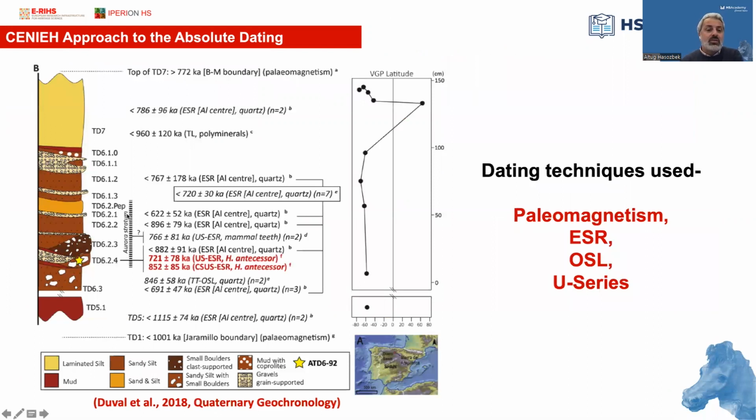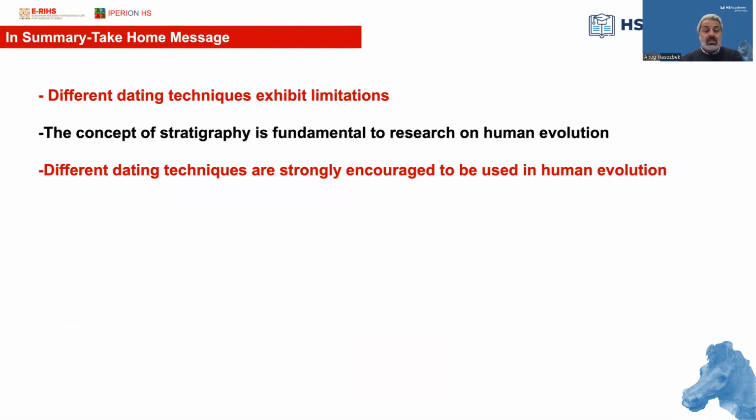So here's a very good example from Duval et al. He applied uranium series, paleomagnetism, ESR, and OSL techniques to have all the levels covered by absolute dating techniques. And so as a conclusion, I will say that different dating techniques exhibit limitations for sure, and the concept of stratigraphy is fundamental for the research, and different dating techniques are strongly encouraged to be used